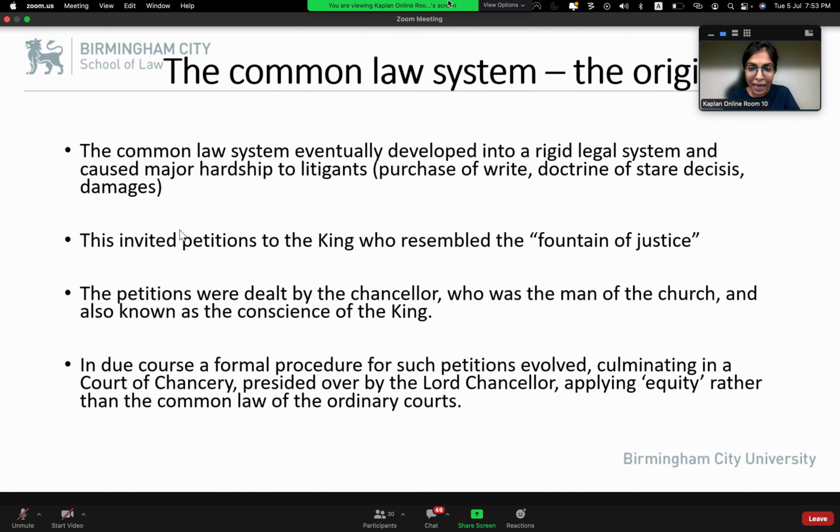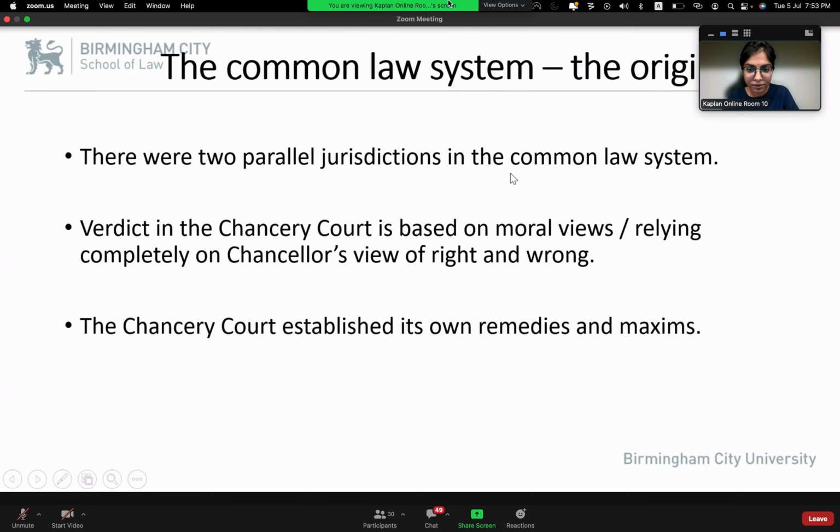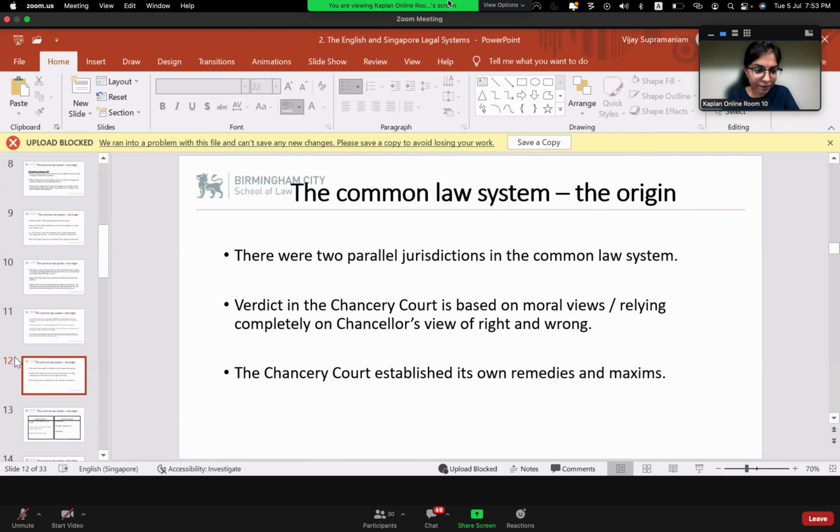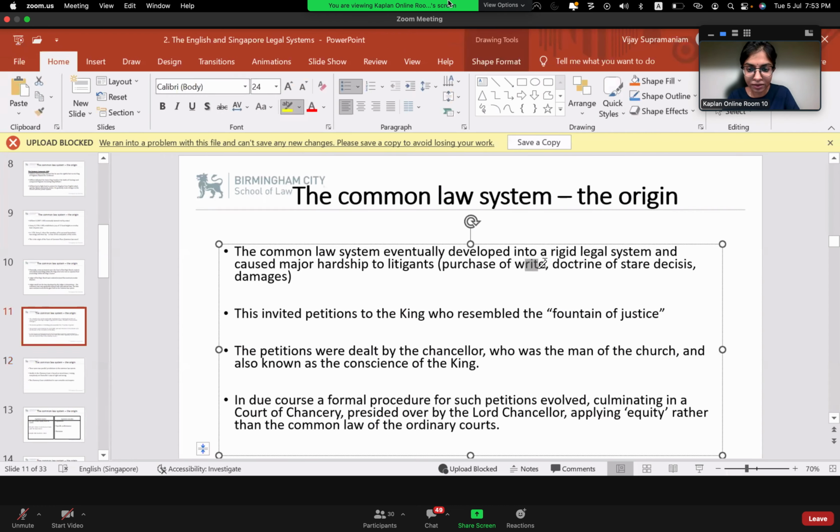There's a typo. This is not purchase of right. This is a purchase of writ. See this one here? Wait, okay. This is not right. Can you please change it to read? Baby punya 5 minit siap sudah. Saya punya yang lambat. So, okay. Kapan oras?